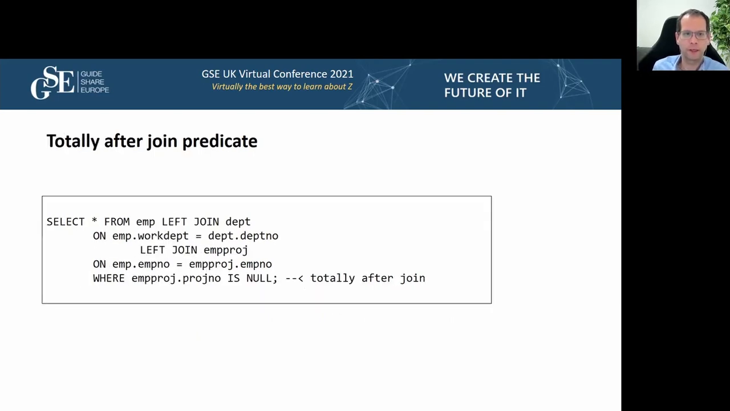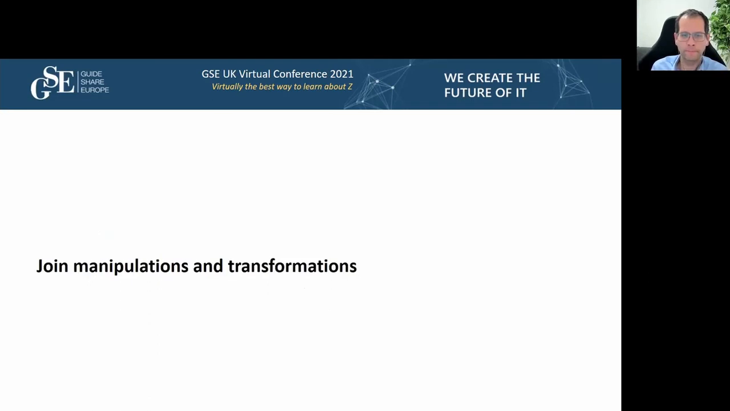And if you take a look at this totally after join predicate example, this is what can happen at the very end, because we join 3 tables: employee, department, and employee project table. And we are looking whether the last one is null, which means there was no match. So this is really totally after we do all the joins. Okay, sorry, that was very quick, but I wanted to jump into